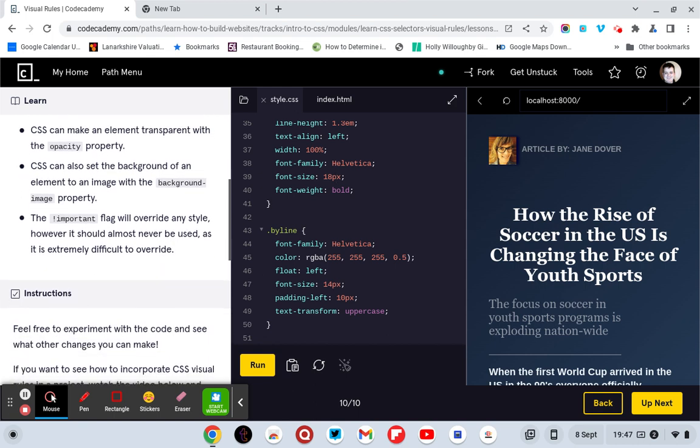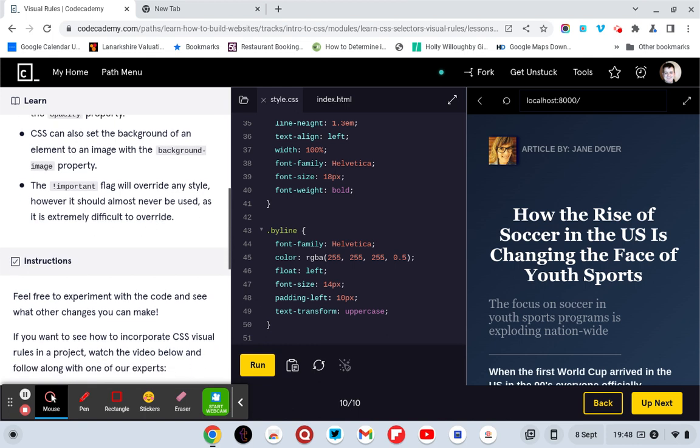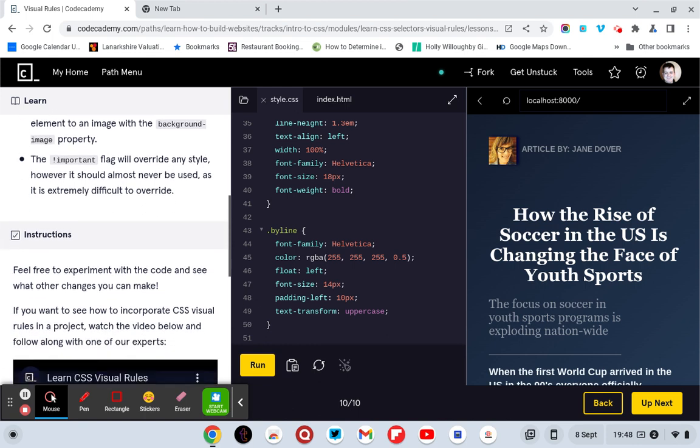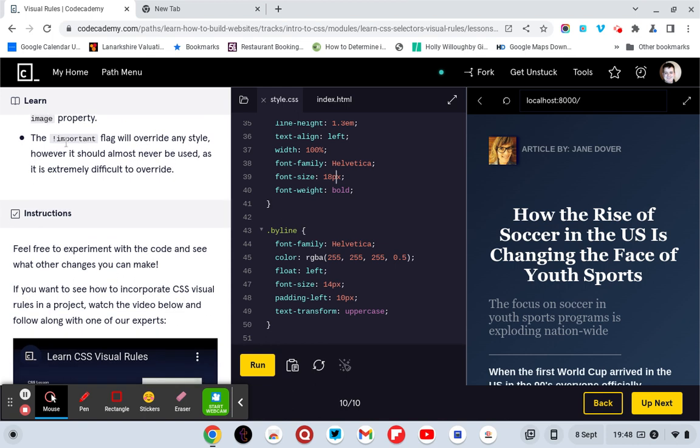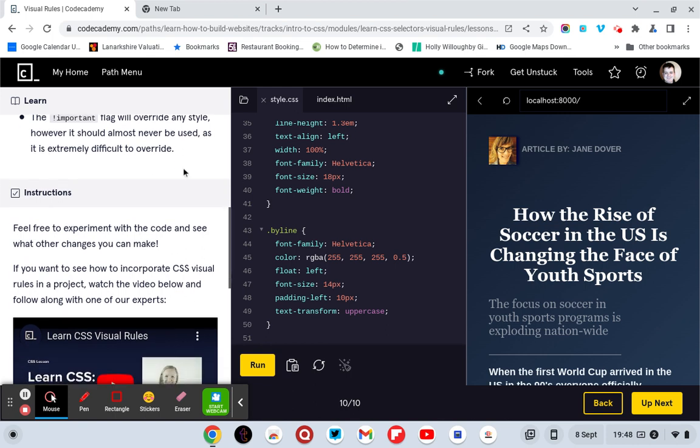CSS can make an element transparent with the opacity property. CSS can also set the background of an element to an image with the background image property. The exclamation important flag will override any style, however it should almost never be used as it's extremely difficult to